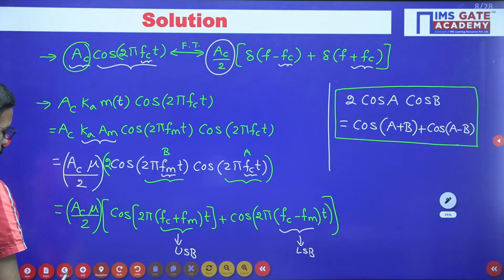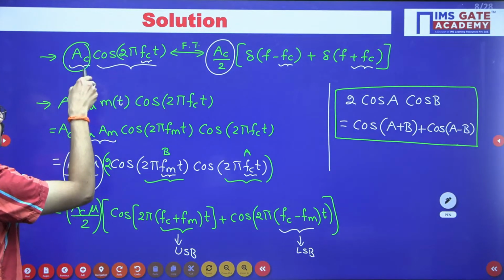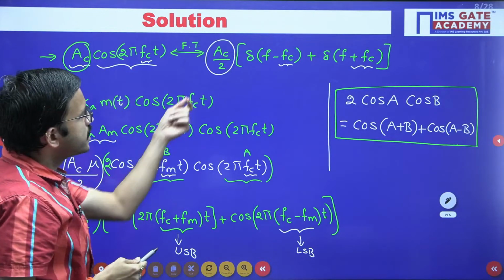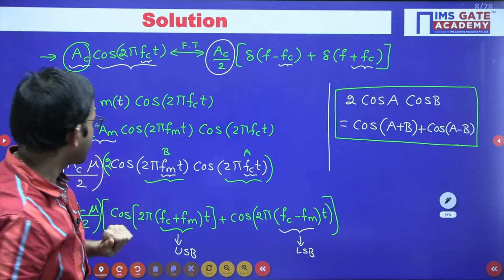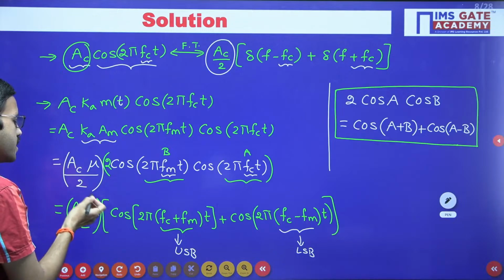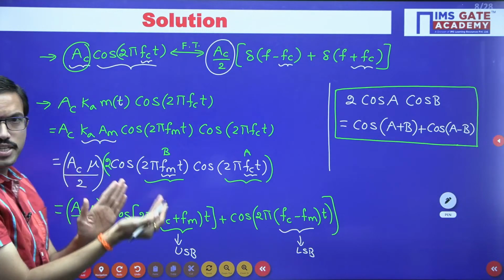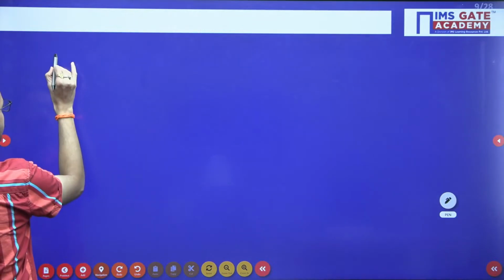For the carrier signal in the time domain, you have the peak amplitude AC. The corresponding impulse signal strength is half of that, that means AC by 2. Similarly, for the upper sideband or lower sideband, you get AC mu by 2 divided by 2, that is nothing but AC mu by 4. So directly I am writing here the signal strength